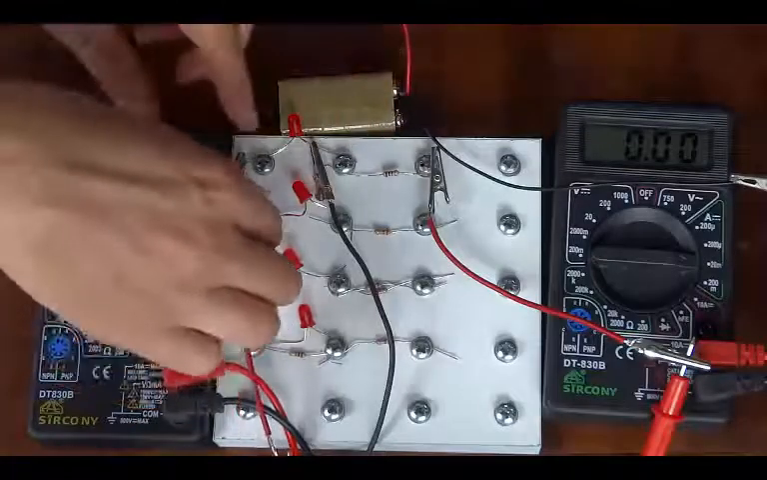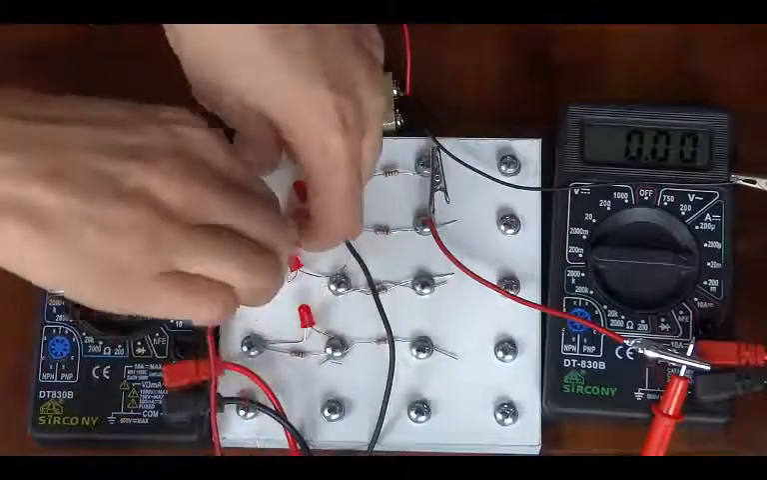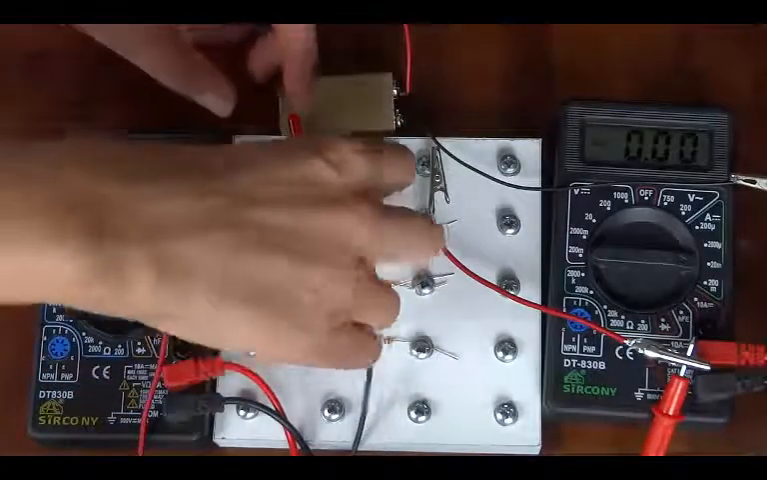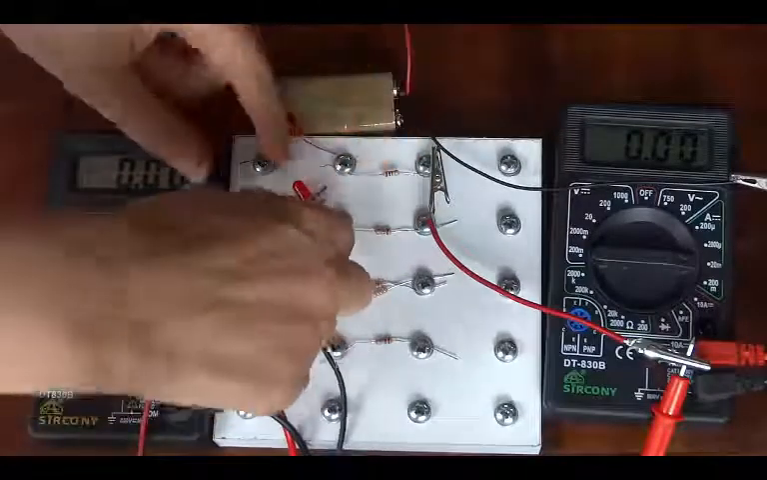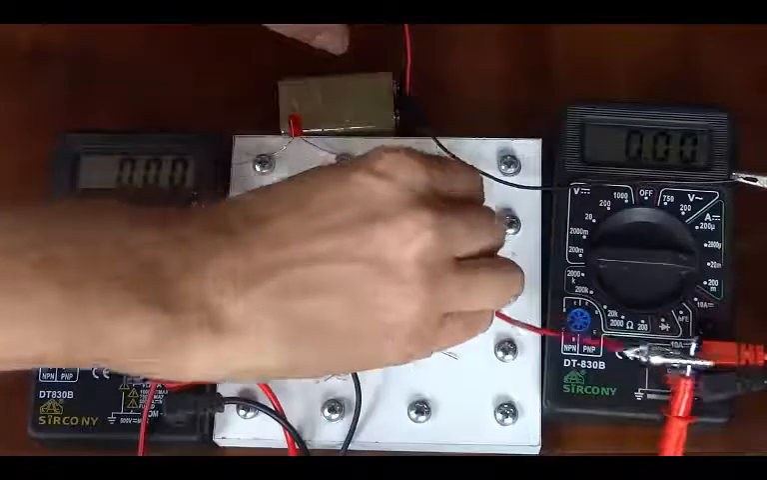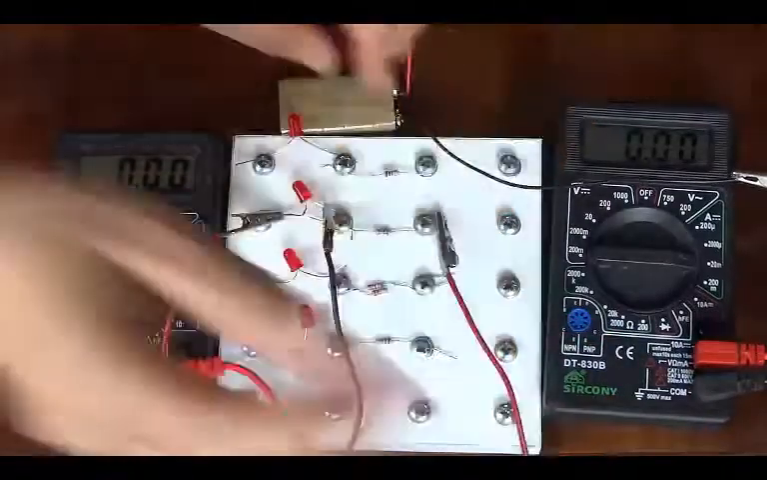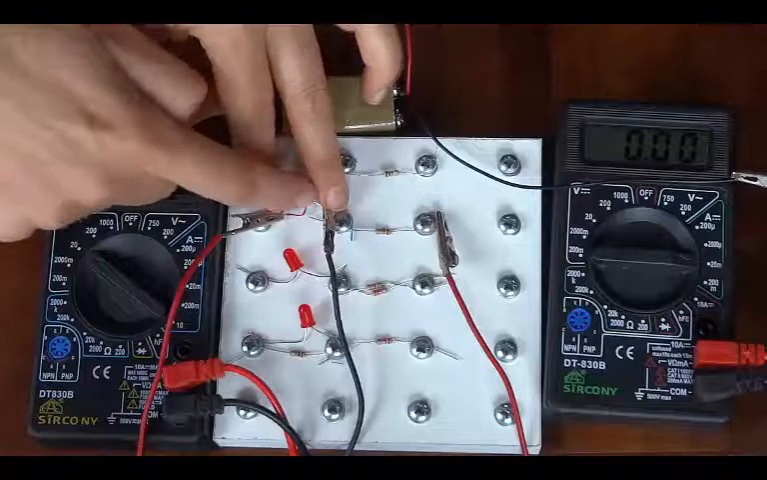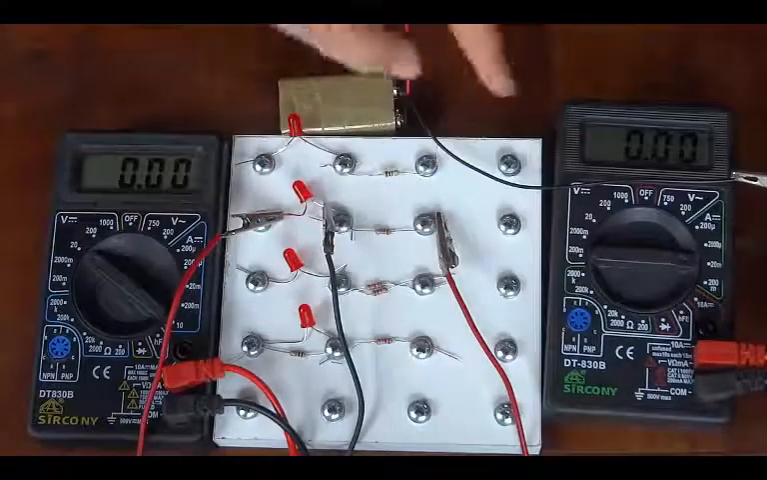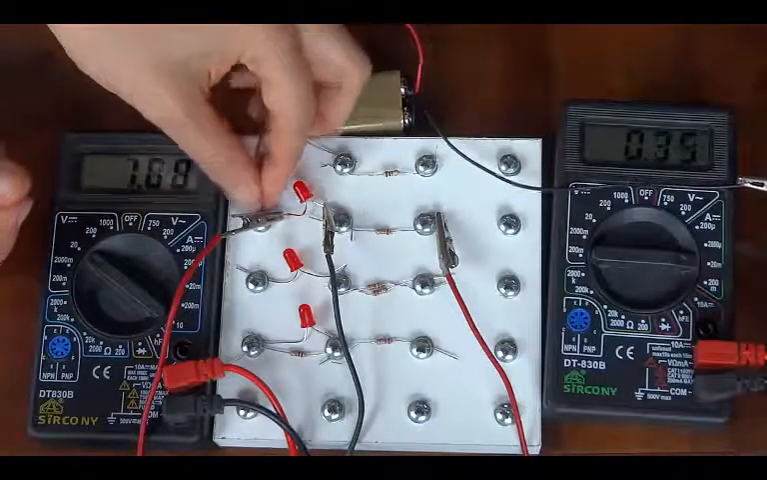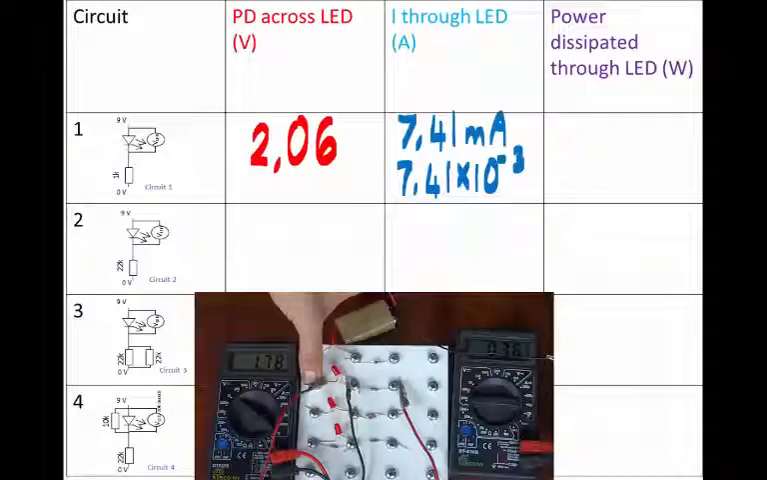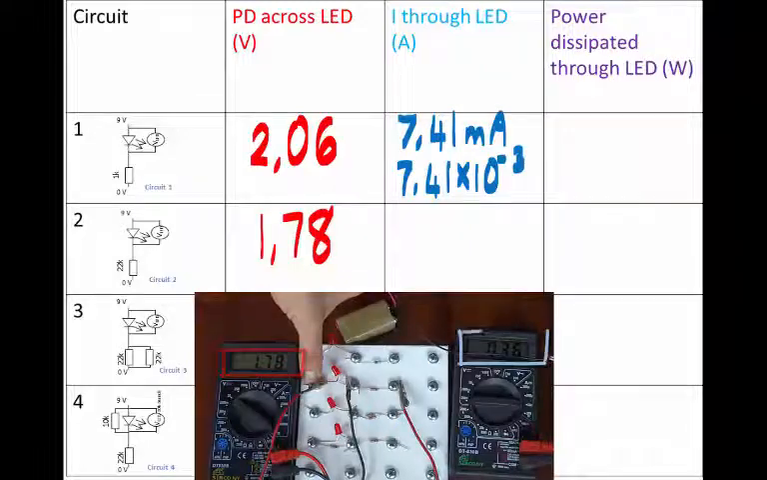Now we move our connections down to circuit 2. Let's make sure we transfer everything. So now we have the voltmeter across the LED in circuit 2, and the current strength will be completing the circuit as long as I touch the positive terminal over here. So for circuit 2, the potential difference across the LED is 1,78 volts. The current strength through the LED,